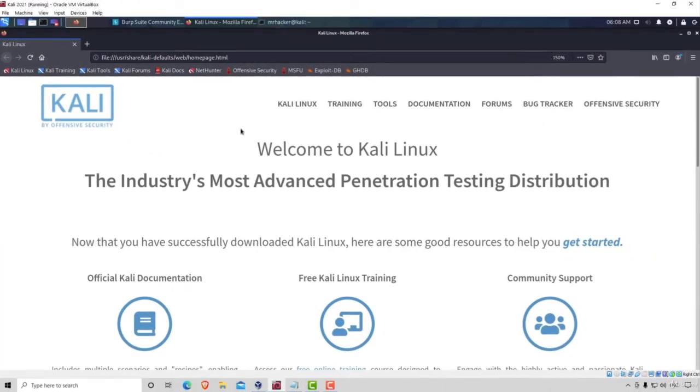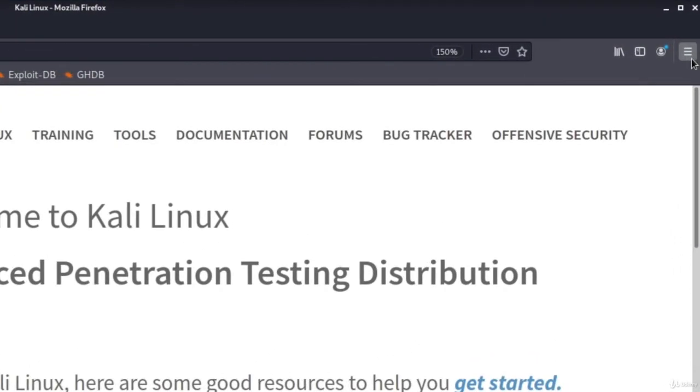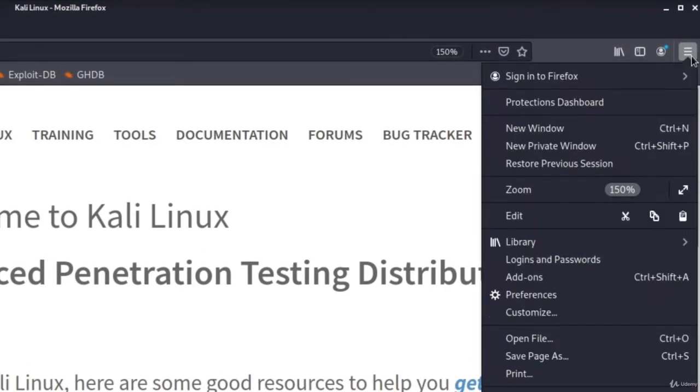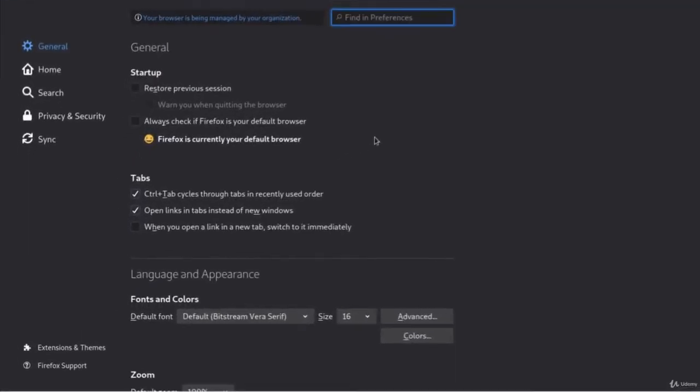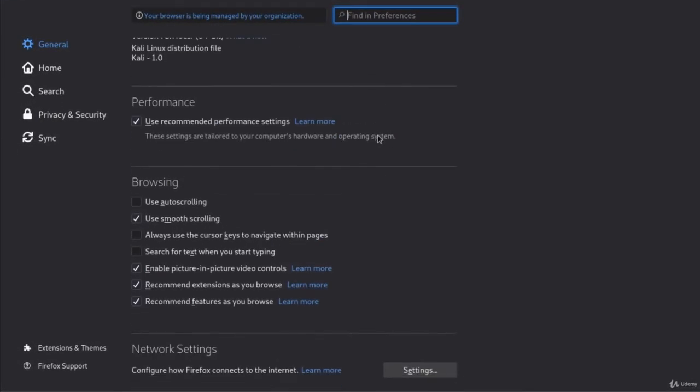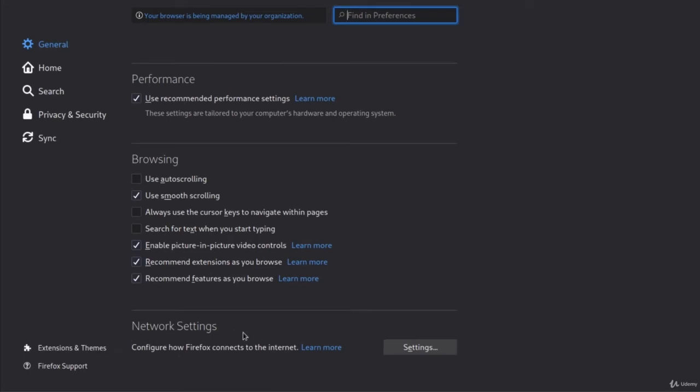Once you start Firefox, we want to navigate to Firefox settings. You can do that by going on these three lines, scrolling a little bit down to Preferences, and clicking on that. Under the General settings, we want to scroll all the way down until we get to Network Settings right here. In the Network Settings, click on the Settings button,